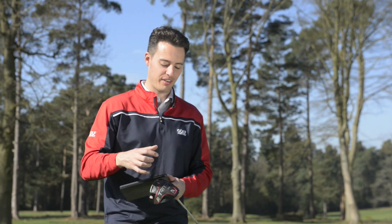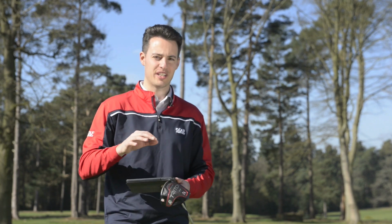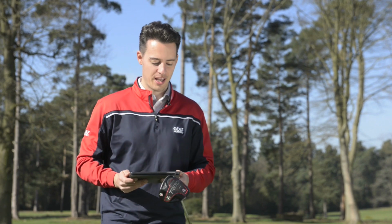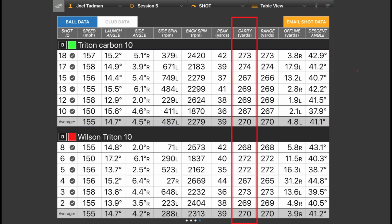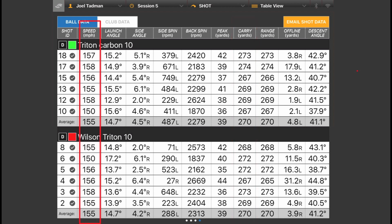You'd think with the different weight Soleplates you'd get a difference in launch and spin, and maybe even trajectory as well, but you'll notice the performance across the board was pretty much exactly the same. Average carry was exactly the same at 270 yards, which is a very good carry, by the way. It's definitely in the top five of drivers I've tested this year in terms of carry distance. Exactly the same ball speed at 155 miles an hour, exactly the same launch angle at 14.7 degrees,